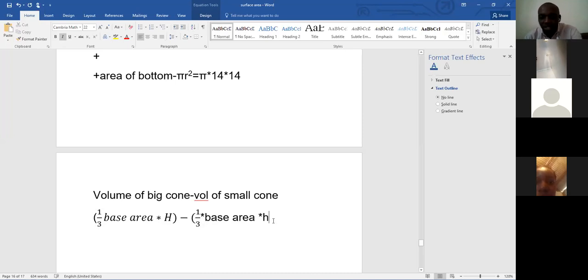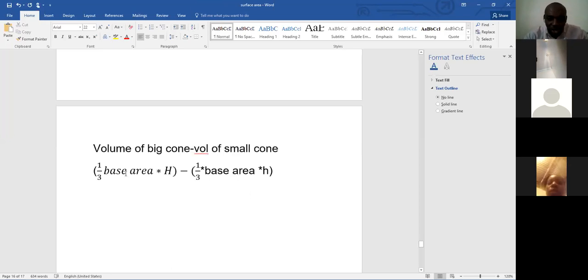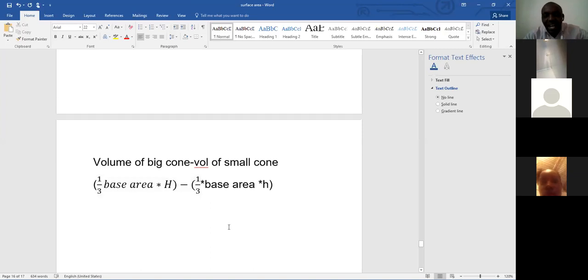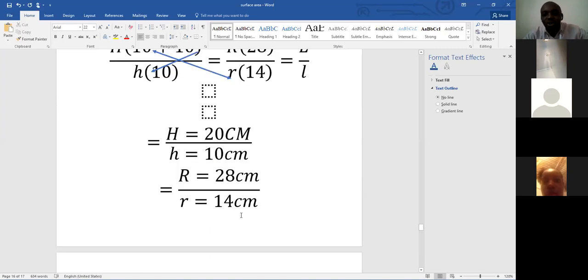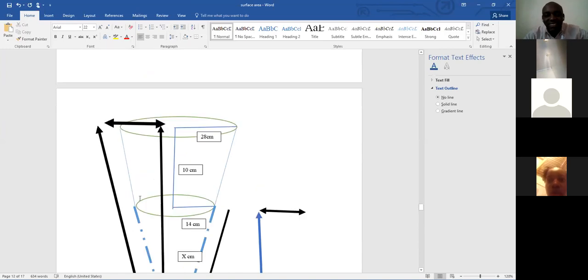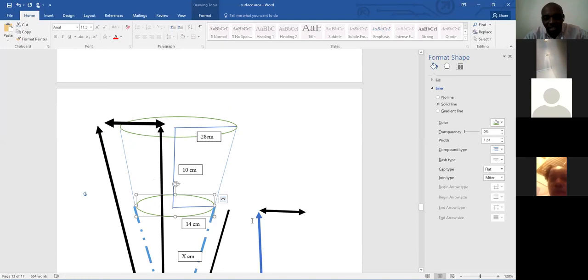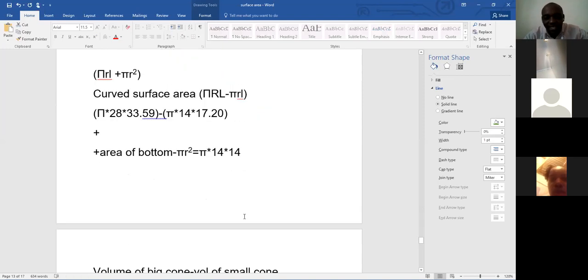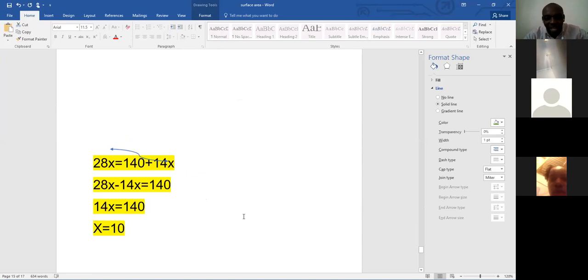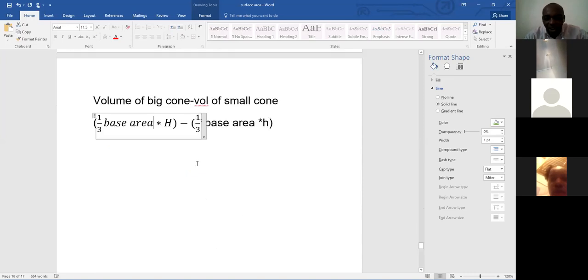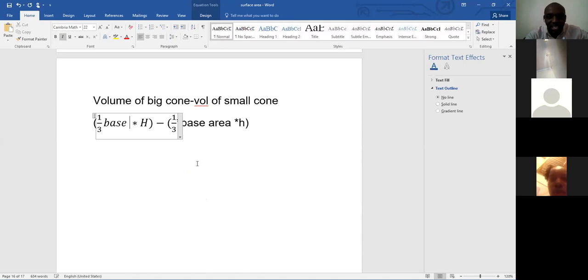Now, how do we do this? I'm hoping that you have noted that formula above here. So that multiplied by base area. How do you find the area of the base? As you can see, the base of a cone is circular. This bottom circle here is circular. That's what we call the base. So the base is found by the formula of the area of a circle, which is pi r squared, multiplied by that.